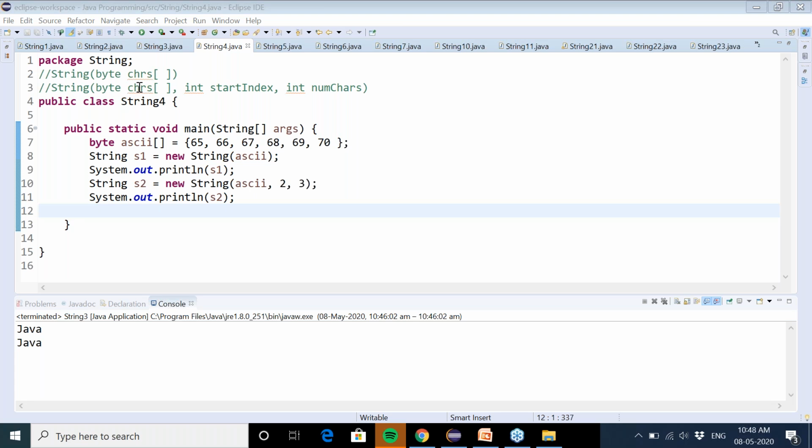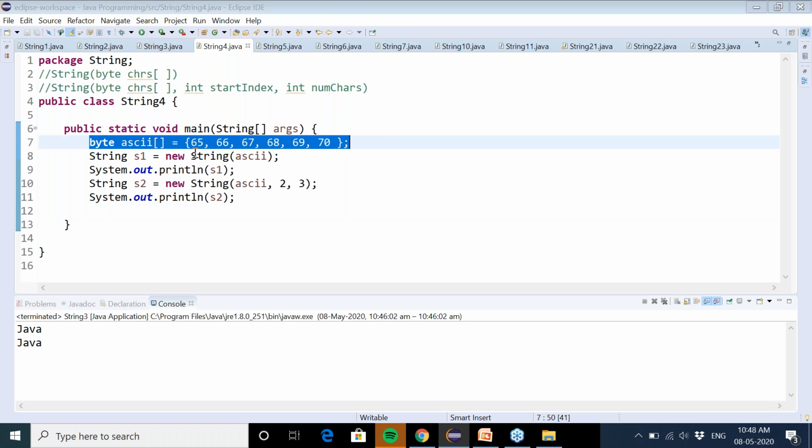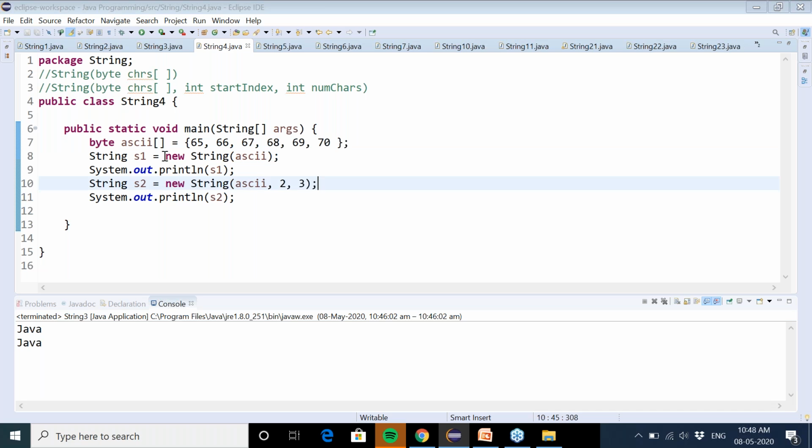If you create a string out of this byte type array, you have to use new String and pass the byte type array as a parameter to the String class constructor. This will build the string out of that, because the value of capital A is 65 and that of B is 66.